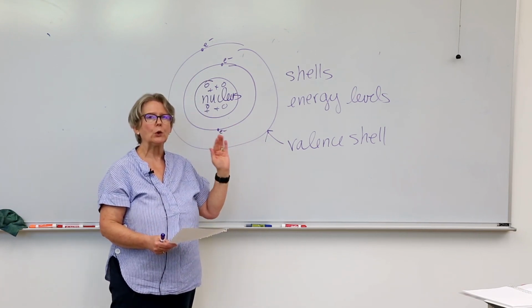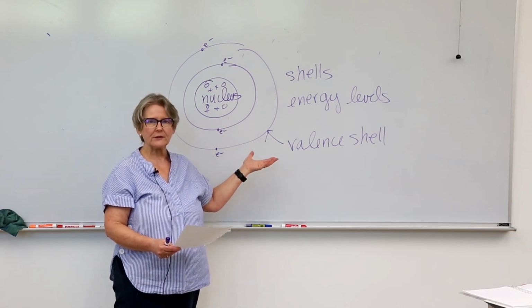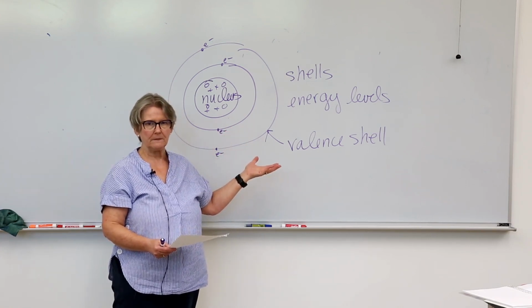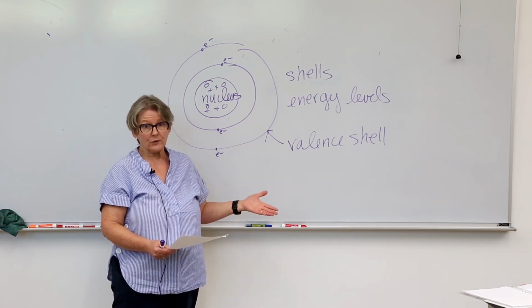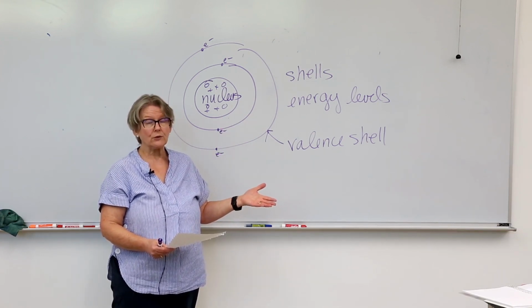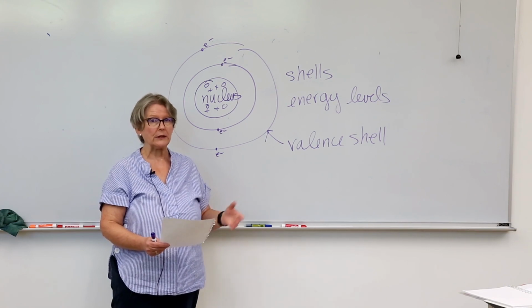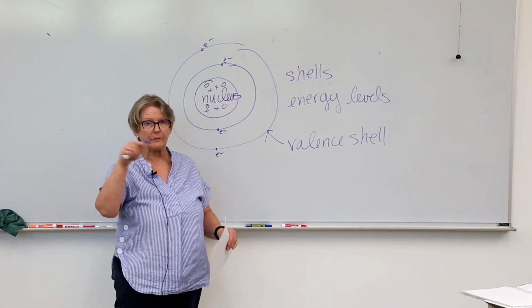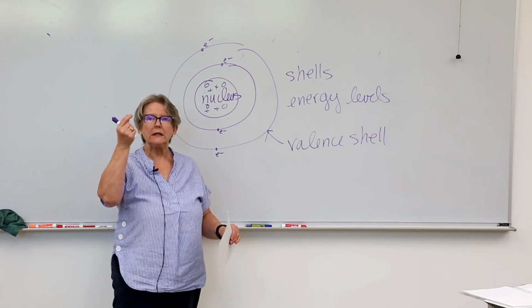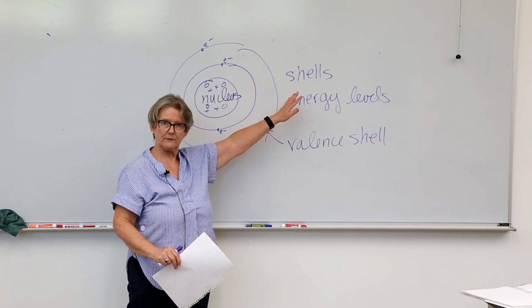They are not orbiting the nucleus. We draw this solar system model just because it's easy. That's not what they're doing. For one thing, it's 2-dimensional. Atoms are 3-dimensional. And the electrons are not orbiting the nucleus. They are doing all sorts of things out there around the nucleus. Some of them are actually doing figure eights, and some of them are doing dumbbell-shaped things. But they are basically in these areas that we call energy levels or shells.